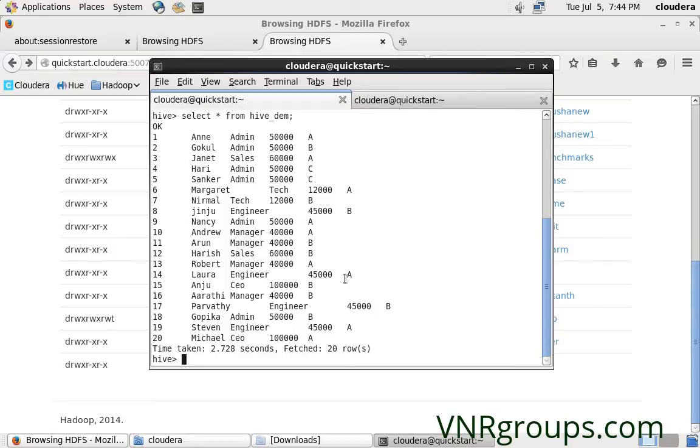See, one more concept is there. In real time, we have an extra feature in Hive query language when compared with MySQL. For example, if I have the same data that we have on the screen now, and I want to fetch the information based on designation. I have designations here like admin, sales, engineer, techie, manager, and CEO. So we have 6 designations. I want the data to get partitioned, segregated based on the designations.